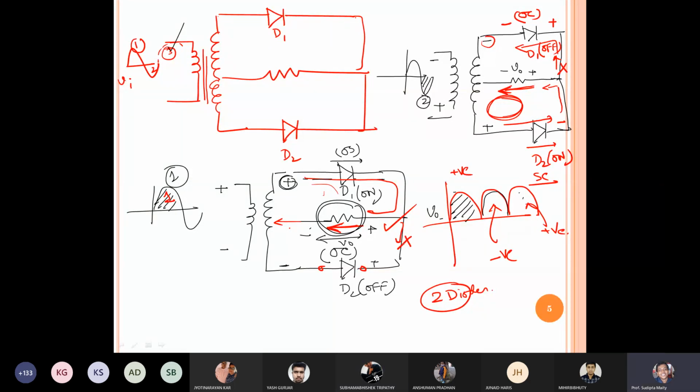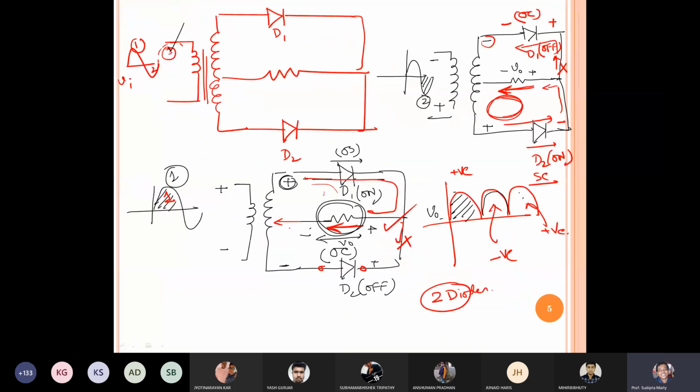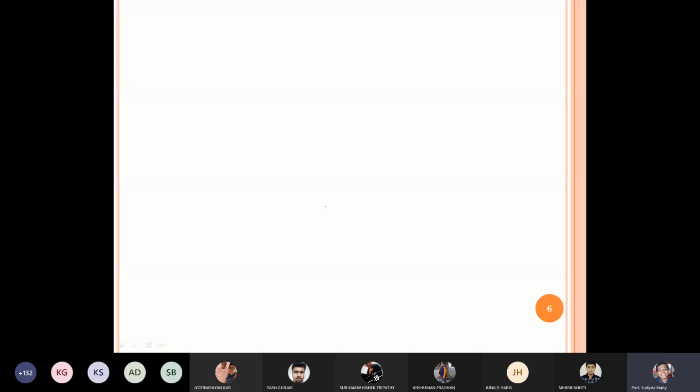Okay, always try to remember you have to find the output across a resistor. Just a few minutes earlier I told you we cannot take the output from a diode. Either it will be 0 or almost Vi. That's why I will never design any circuit if I take the output across a diode. So I have to take the output at least across a resistor. Here only one resistance is there, so obviously I have to take the voltage across the resistor. Okay, good. Okay, let's proceed.